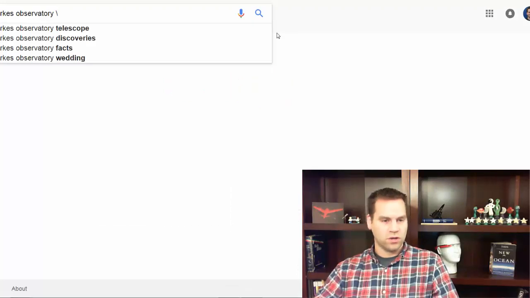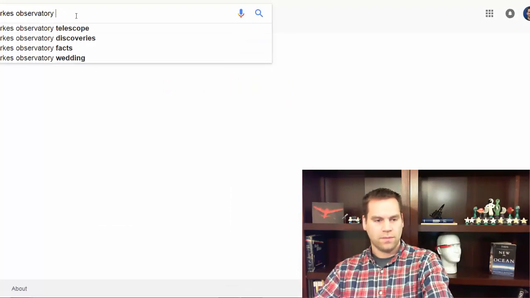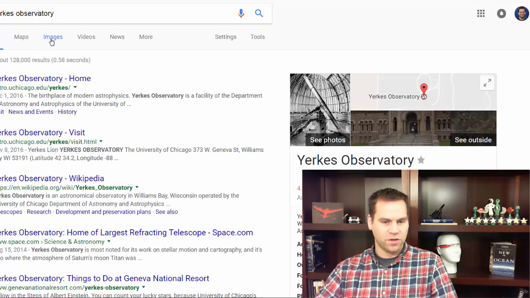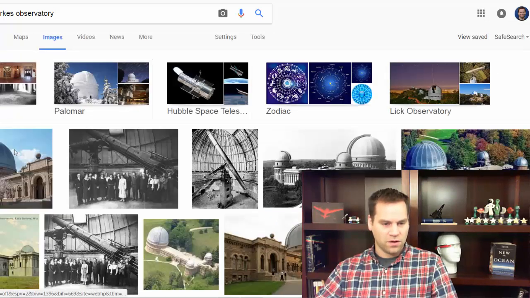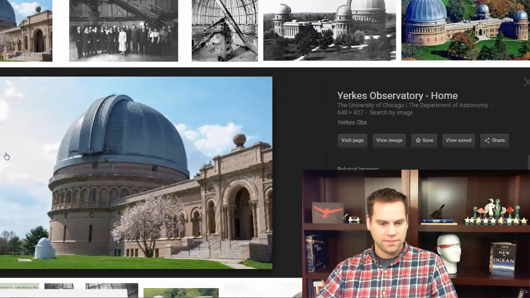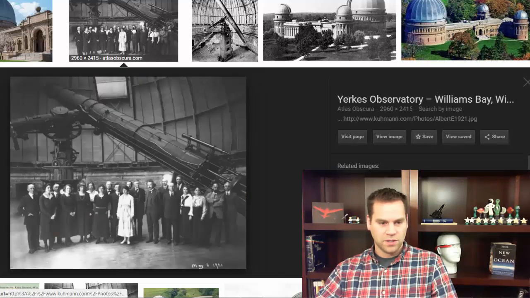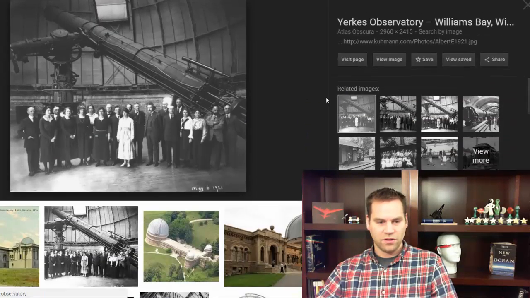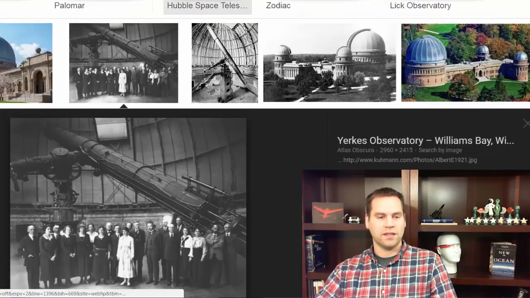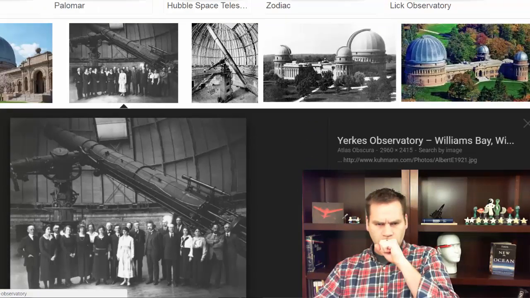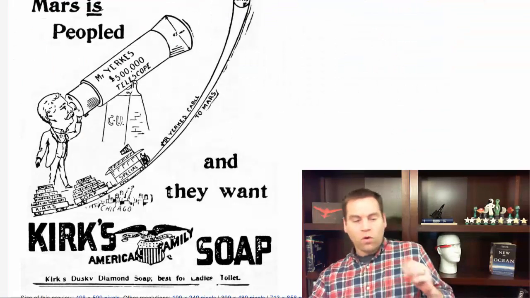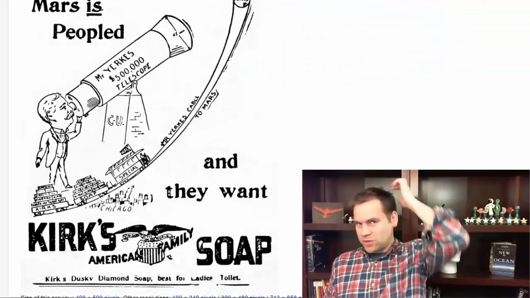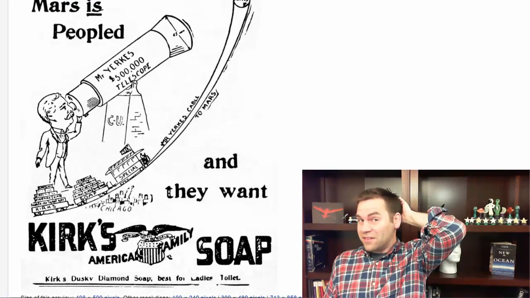Here's just a picture. Yerkes. Because when are you going to see a picture of the Yerkes telescope? Here it is today. Here it is 100 years ago with a bunch of famous scientists, and it looks exactly the same now as it did then. Okay, now, of course, we now know, and we'll talk about this more later, that this life